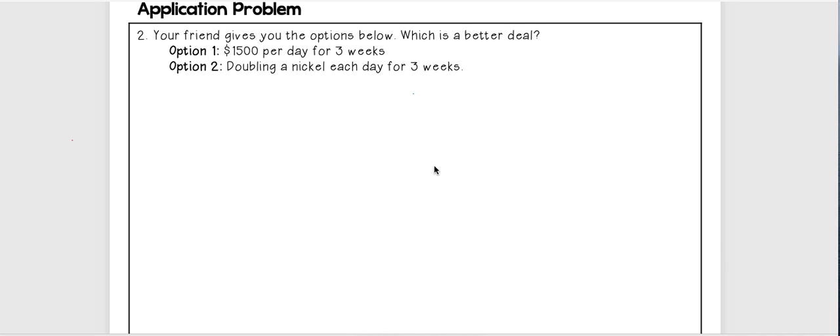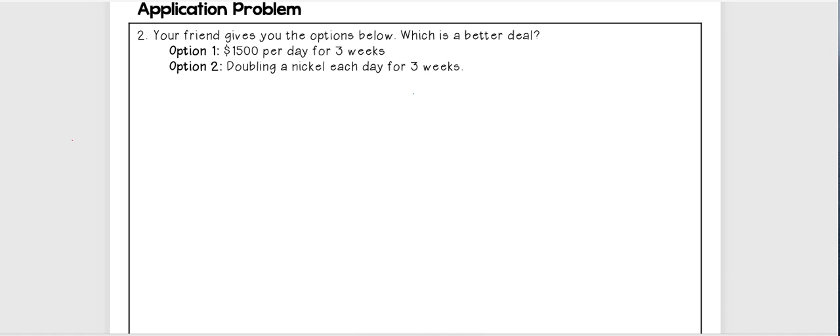So now we're going to look at an application problem. This tells us your friend gives you the options below. Which is a better deal? Option 1, $1,500 per day for 3 weeks. Or option 2, doubling a nickel each day for 3 weeks. So I need to figure out how much money I get with either option to see which is going to